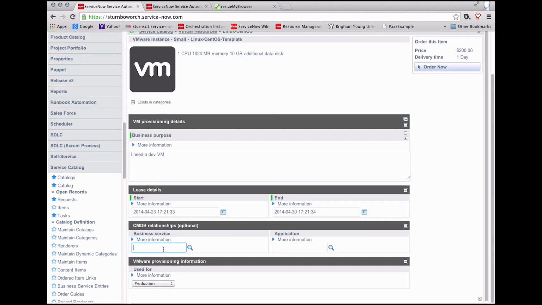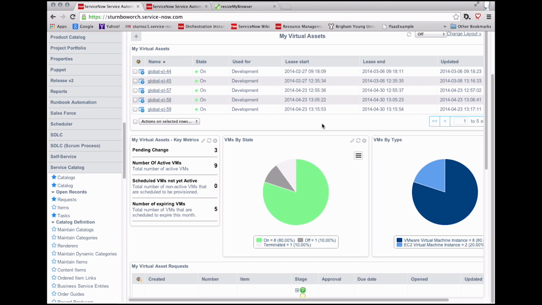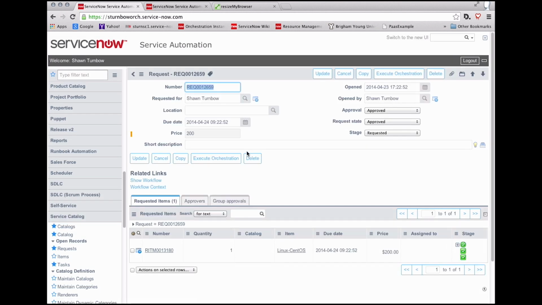Scroll down a little bit further. If this is going to be part of your business service infrastructure, you can indicate what it's related to. So when it is created, it'll automatically get added to your business service map. You indicate what it's used for as well. And at this point, all I have to do is click Order Now. This kicks off the fulfillment process, which is an orchestration with a number of activities to automatically create that virtual machine. And so I'm going to come over here to Requests, and we'll look at this request right here,